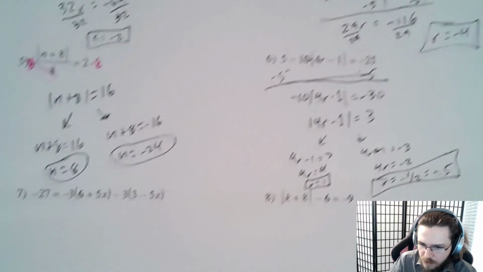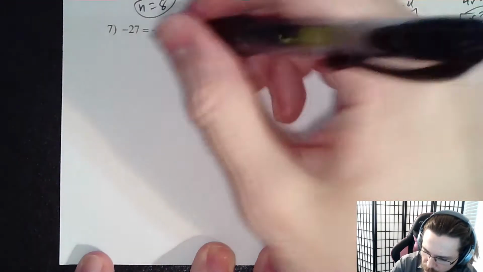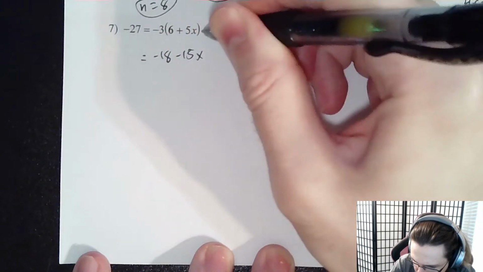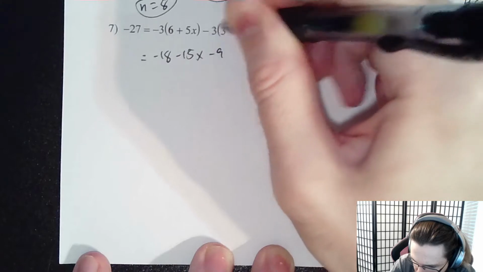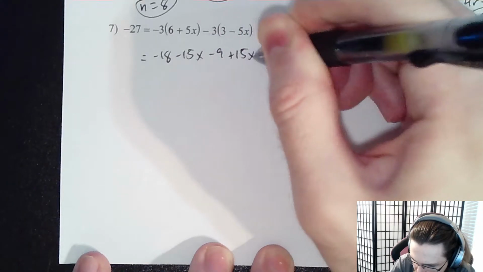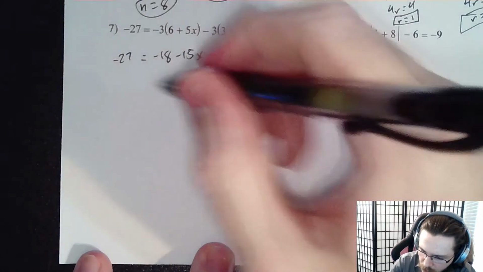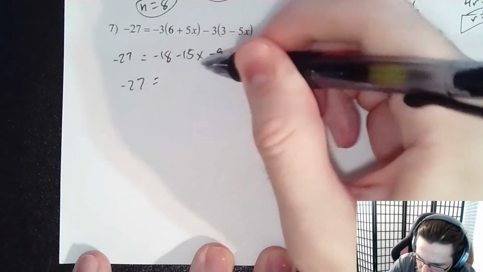Continue on. Power through. Number 7. So that negative 3 has to get distributed. Negative 18 minus 15x. Negative 3 times 3 is negative 9. Negative 3 times 5 is positive 15x. Negative 27 over here. Add like terms. You get 27 equals